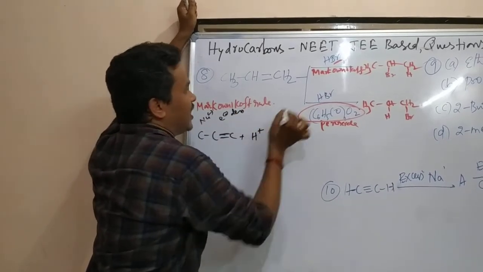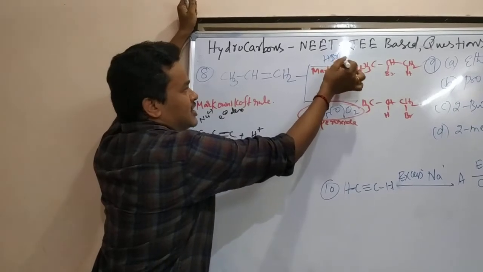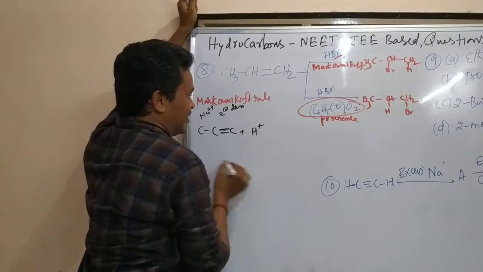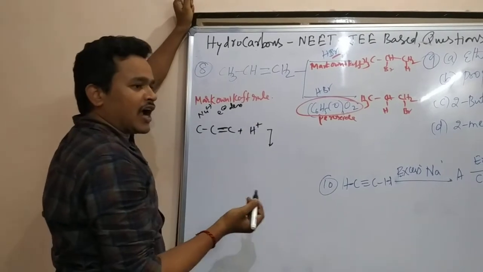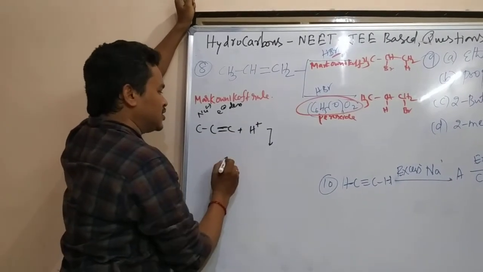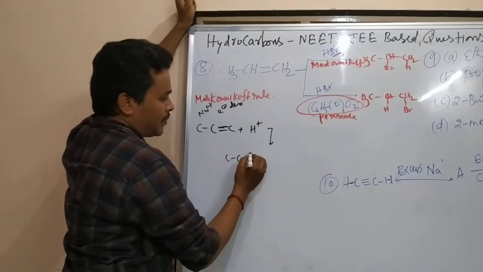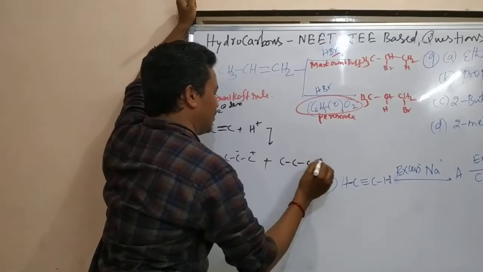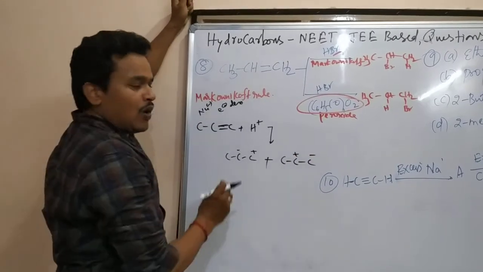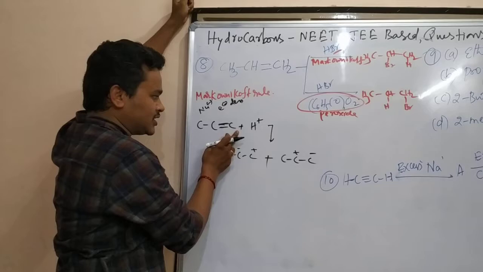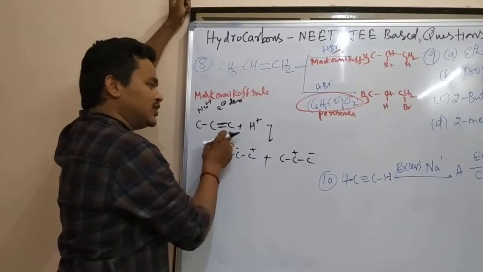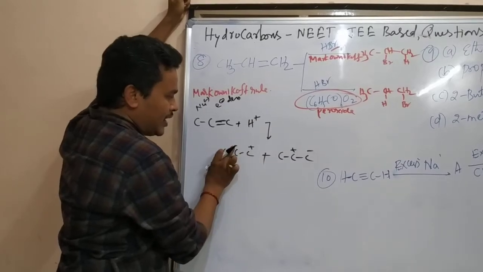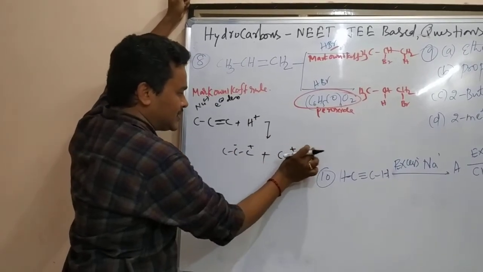Who is coming from there? HBr. This is an acid. H plus is coming here, so that it is going to attack. What are the possibilities here? According to common sense, carbon positive, negative. One bond breaking means positive, negative. Otherwise, negative, positive. Anyway, we can take. So I am breaking that double bond. Minus plus, otherwise plus minus.